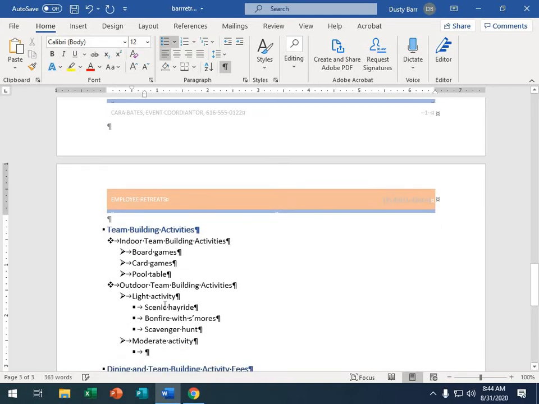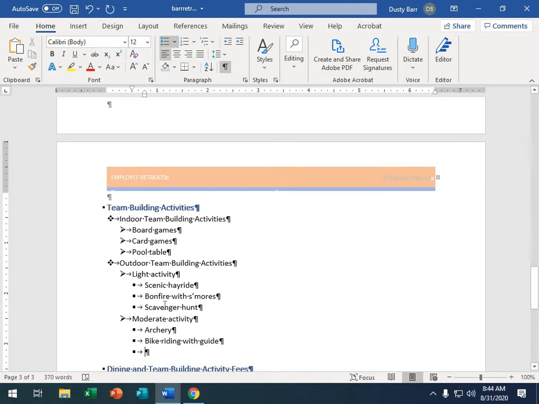enter, tab, and there's archery, bike riding with guide, and hiking with guide as well. So that's the way you do that. Enter and tab to go forward on your multi-level list, shift tab to go backwards. Then it wants you to highlight all this information,